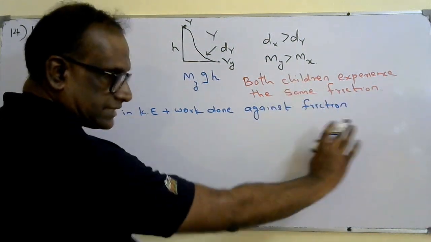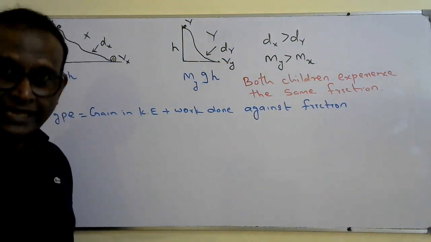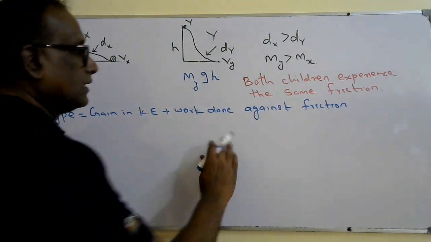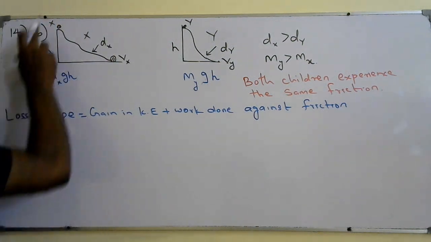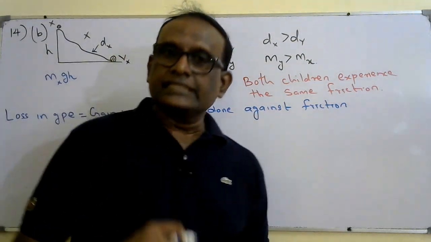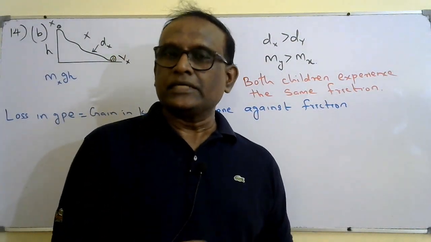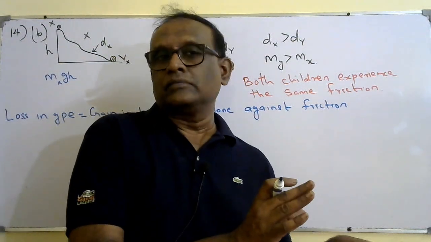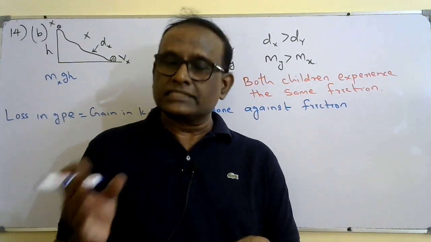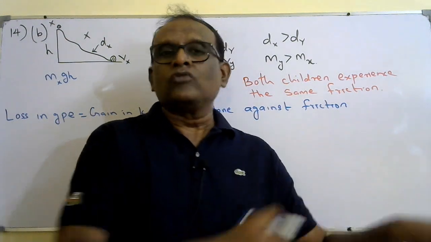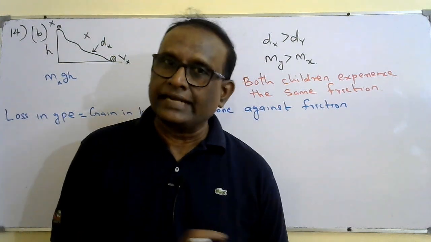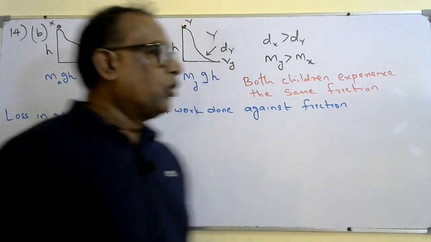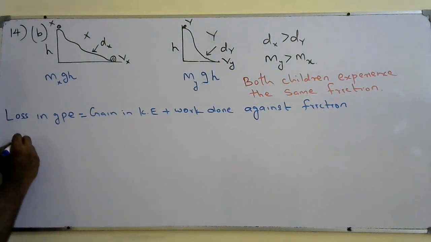So the question says no friction. I am just analyzing, if there is friction, what could be the answer. So when the child moves down, it is losing GPE, gaining kinetic energy, but all the loss in GPE won't become gain in KE, because a certain fraction of the loss in GPE will be converted to work done against friction and will become sound and heat. Okay, so loss in GPE, mgh,